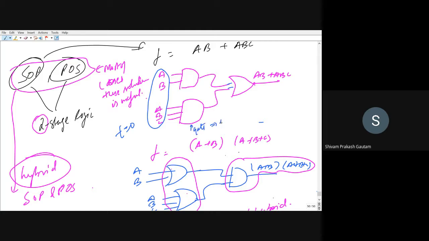gates, they have some delay to process the information, and to provide certain output according to the input combination. So it will take some amount of time. That we call delay. And after that delay, the term will reach the second gate input. And there are very good chances that it might reach simultaneously, that means at the same time, because both are AND gates.